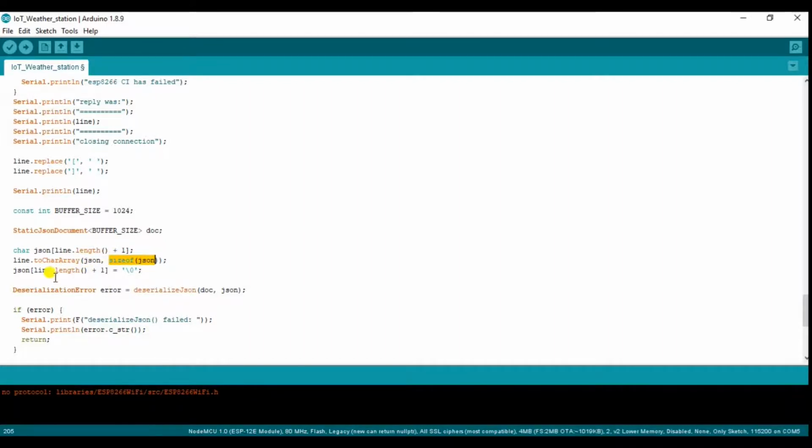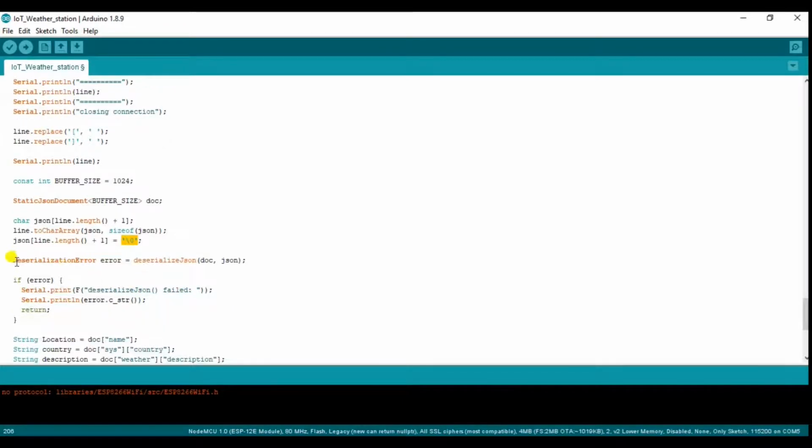As we all know, the C compiler automatically assigns a backslash zero character after a string ends. But in this case we are manually assigning a string to an array, so we have to assign a \0 character at the end of the string. So I am manually assigning this \0 character at the end of the string.